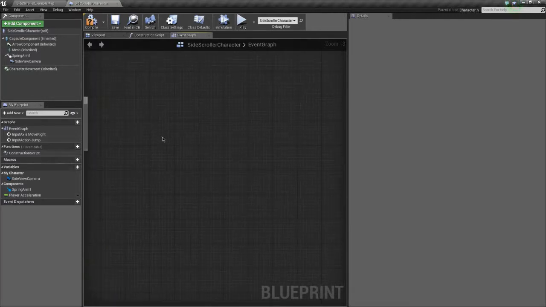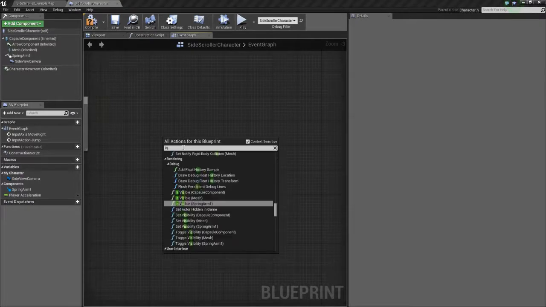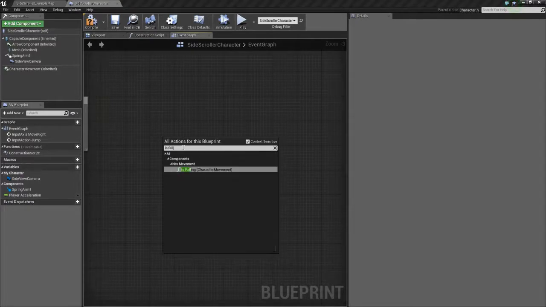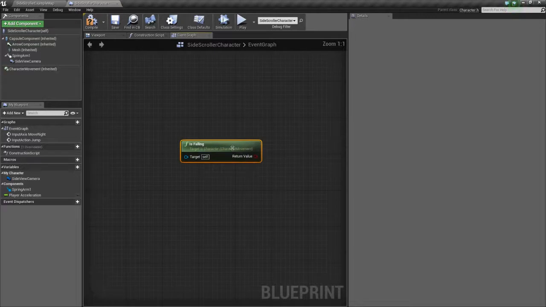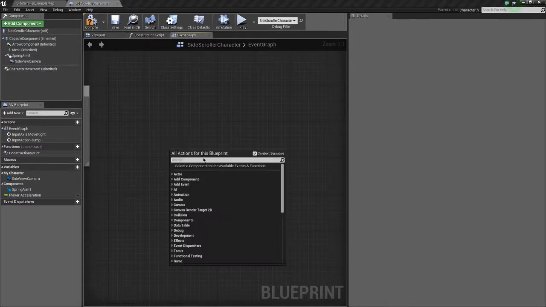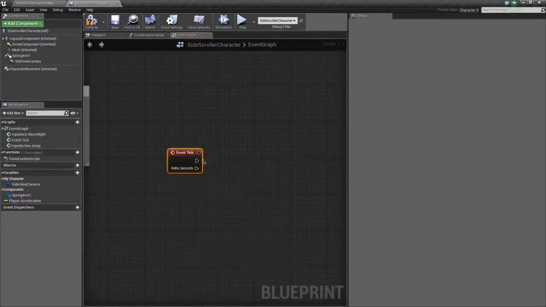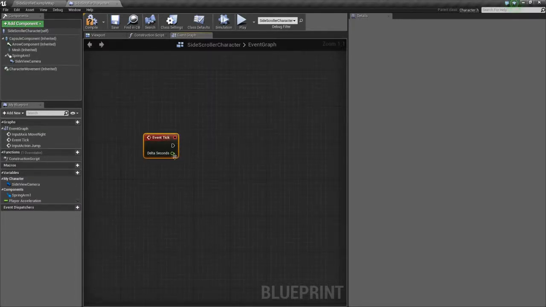Two ways to do this. There's the is falling boolean, but I don't like that too much because in practice, all it does is say whether your character is off the ground. It doesn't really care which direction you're going. So what we want to do is make sure our character is going up so that we can actually set a boolean to that. So we're going to call the tick event here, which fires off every frame, and